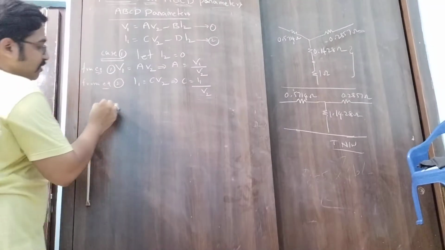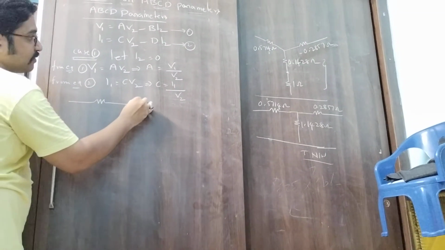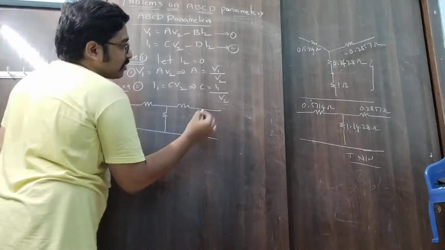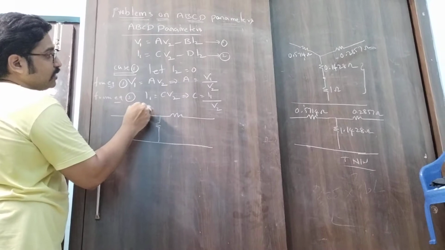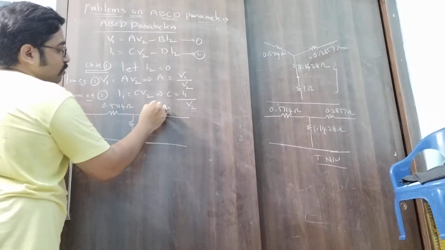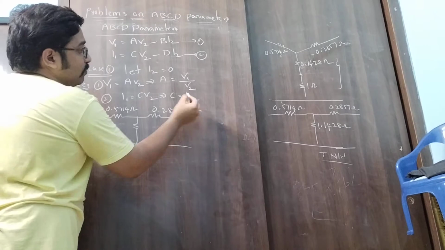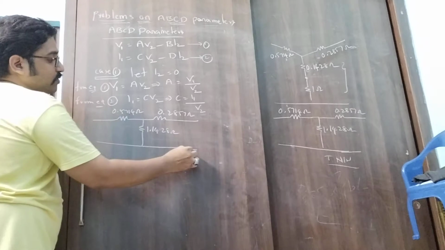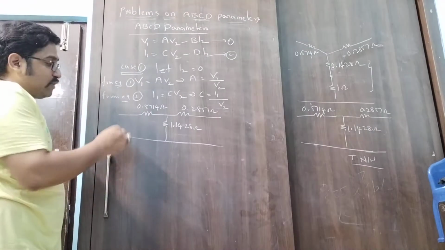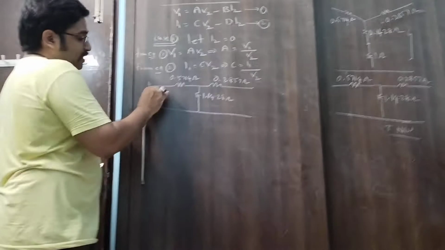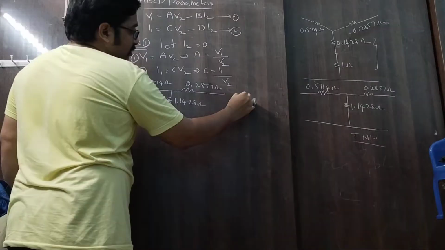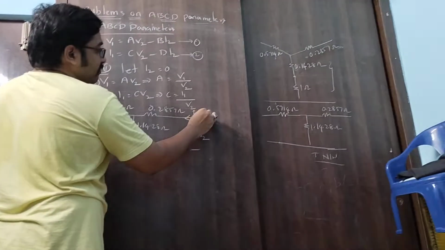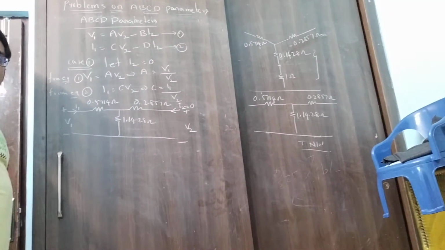So whatever the network is given, kindly draw this network once again. After the reduction of the network, you need to redraw the T network circuit, that is 0.5714, 0.2857 ohm, and then 1.1428 ohm. Next we need to mark the variables, that is V1, I1, then V2, then I2, where I2 is equal to 0.